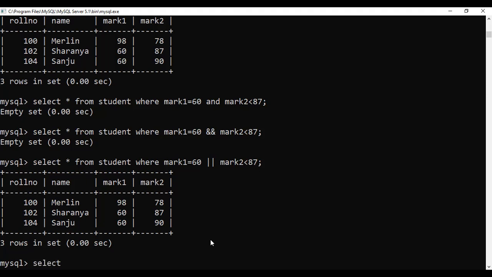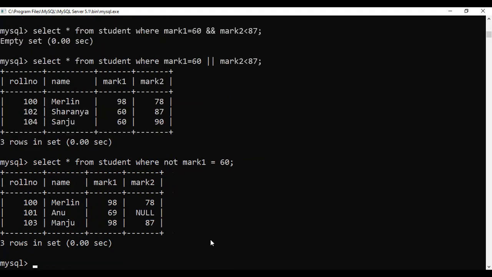Select star from student where not mark 1 equal to 60.